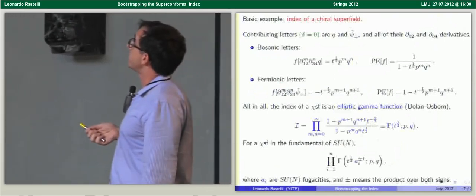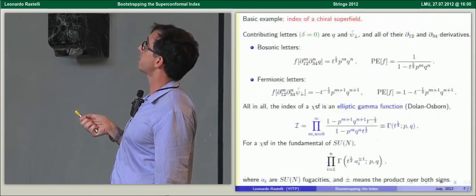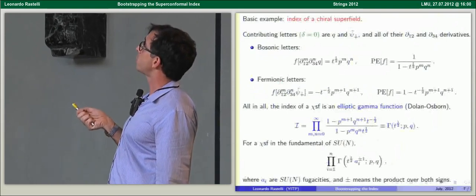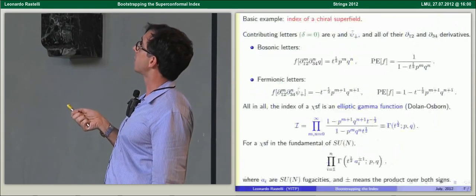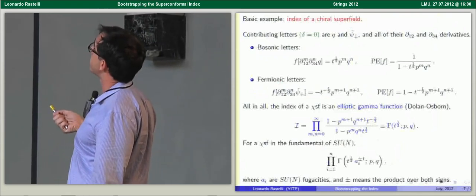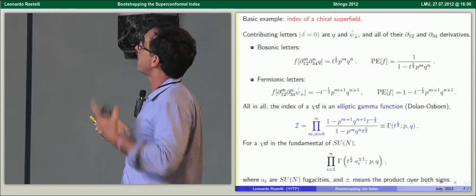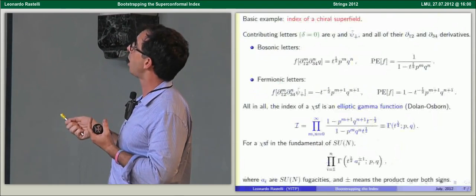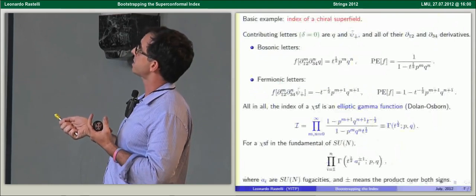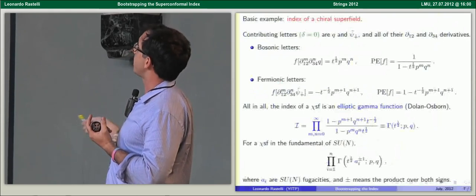So let's do the basic example of counting, which turns out to be very crucial. Let's consider a single chiral superfield. Q is my complex scalar, and psi is my fermion. As it turns out, the only 2 letters that contribute to the index, because I have energy 0, are Q and psi tilde, together with all their derivatives in the 1, 2 and 3, 4 directions. Remember, I had these p and q generators that were counting angular momentum in those 2 orthogonal directions. So I look at this monomial, this is its index, but then I remember that I have to consider all possible powers of the same monomial. So I have a whole geometric series that resums to this thing. And similarly for the fermionic letter, I just have this bit.